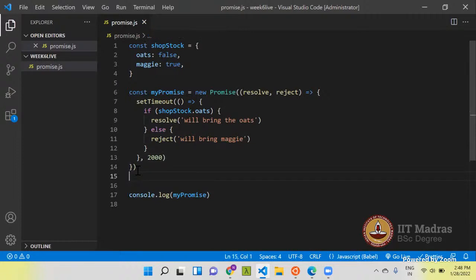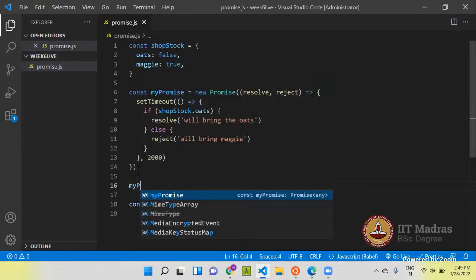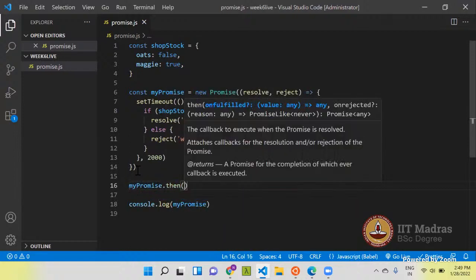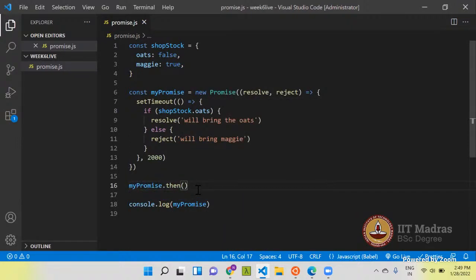For that, this object provides a method, the then method: myPromise.then. Then takes two arguments.